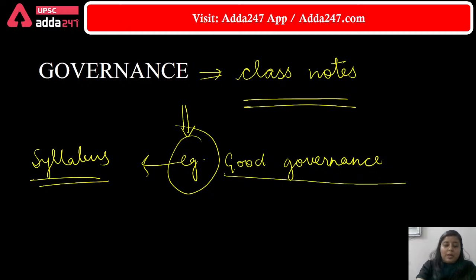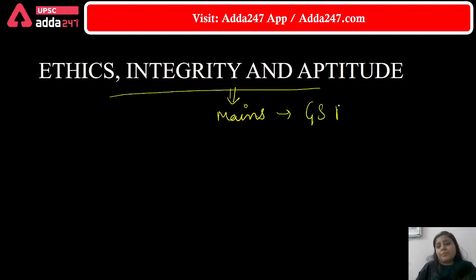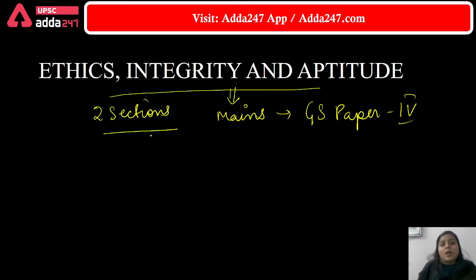Then ethics, integrity and aptitude is in mains. This is our GS paper 4. This paper has 2 sections. Section A will have certain definitions and questions.